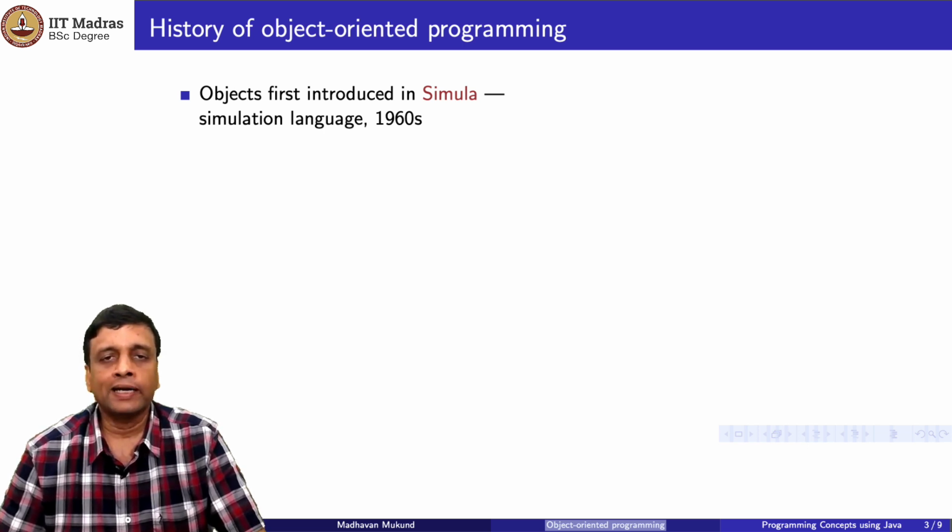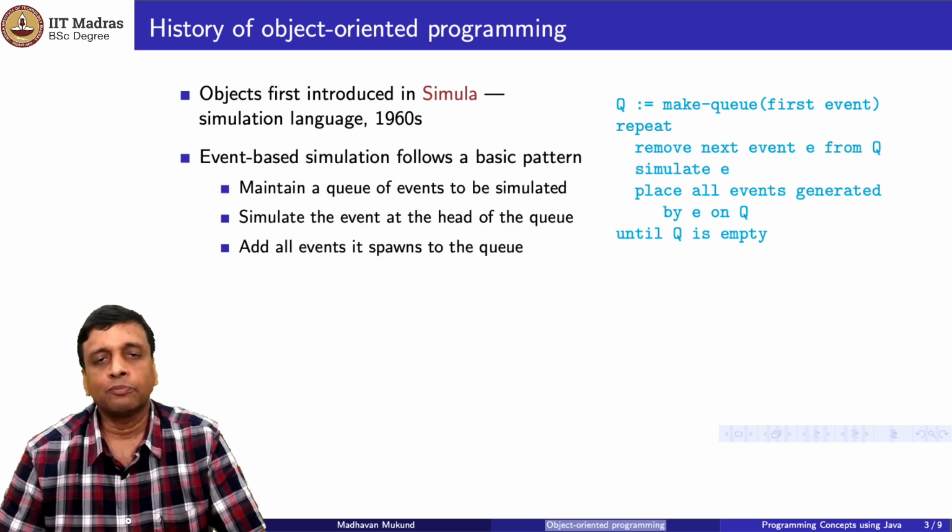So before we get into these 4 specific aspects of object-oriented programming, let's see where object-oriented programming first arose. So the first programming language which actually introduced objects in the way that we use it now is a language called Simula, which came out in the 1960s. And the name suggests Simula was used as a simulation language. So what would you do typically in a simulation? In a simulation, you have a system which you are abstractly running in a simulation. So the system has certain activities or events, and you keep running these events and exploring what happens as a result of these events and exploring the evolution of the system.